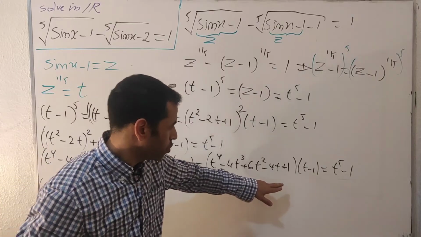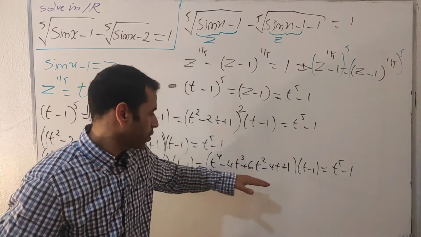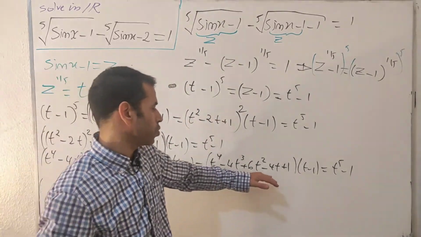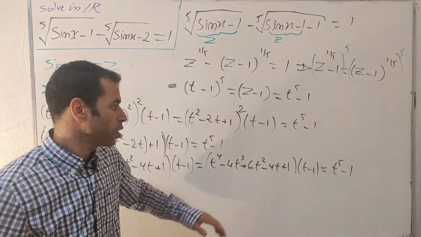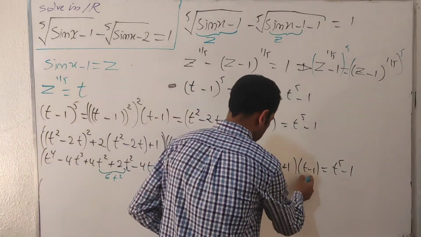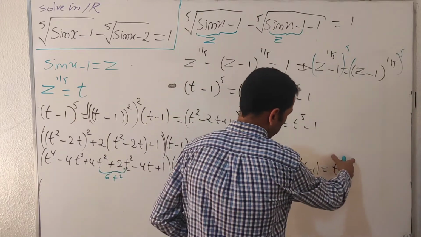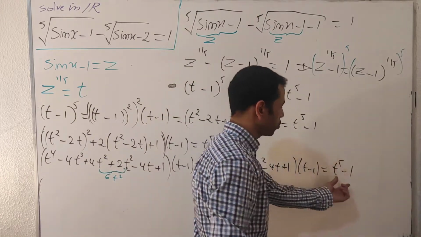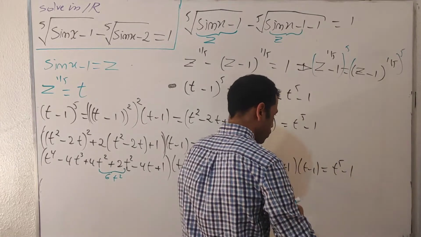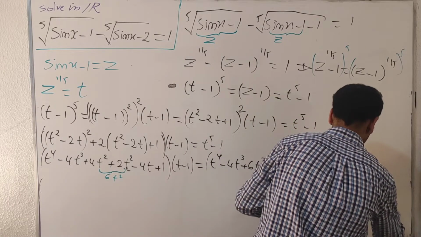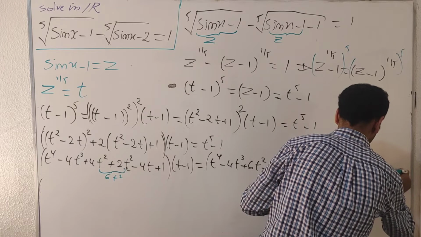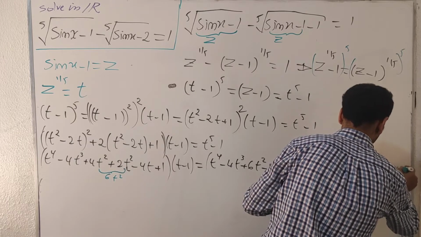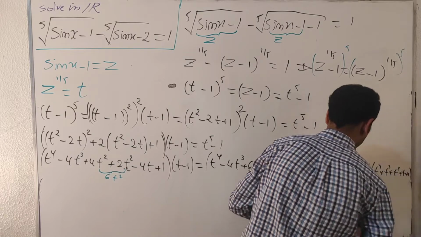I'm going to use the trick without expanding this one out, because once you expand this one out, sometimes it is hard to factor out again. Okay, so since we have t minus number 1 multiplied by this one, also I'm going to extract t minus number 1 out of here. Okay, so by putting this one in the form of t minus number 1 factor t to the 4th plus t to the 3 plus t squared plus t plus number 1, like this. Okay,